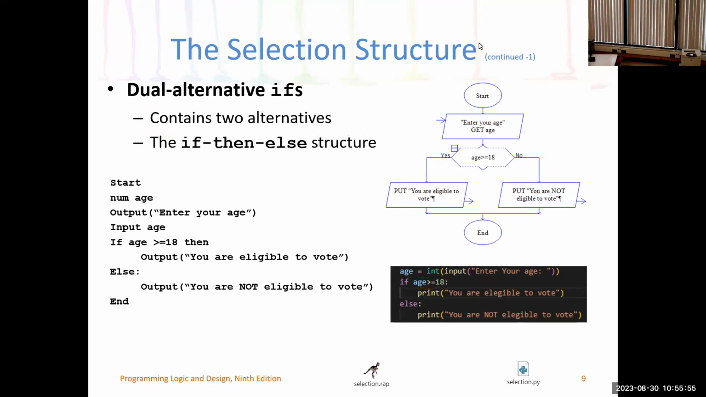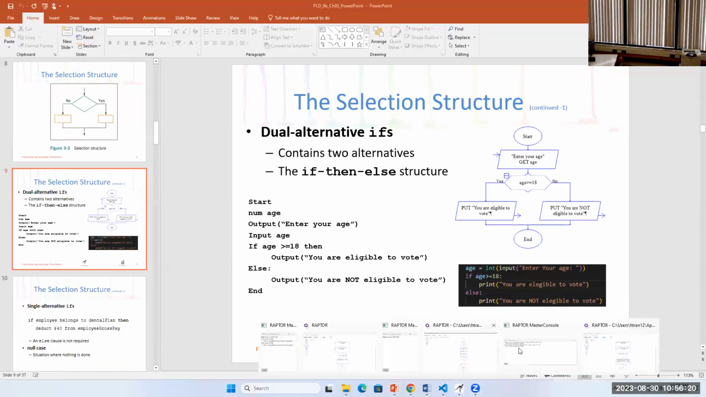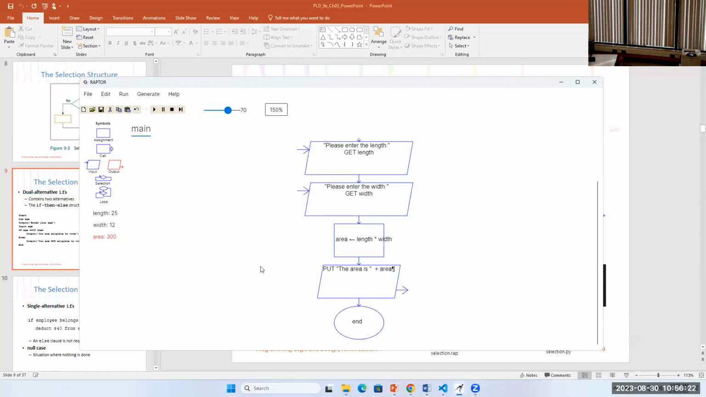In the case of pseudocode for this program, it's very simple. You get the input from the user and check the condition here. If age is greater than or equal to 18, you print it out. Else, that means not, you print the other message. When you work with Raptor, it's also very simple. When you work with Raptor for this one, you have an option when you work with